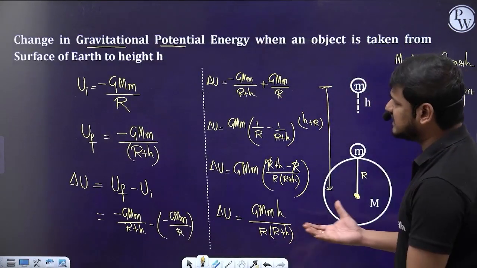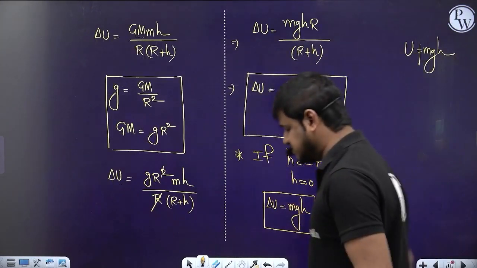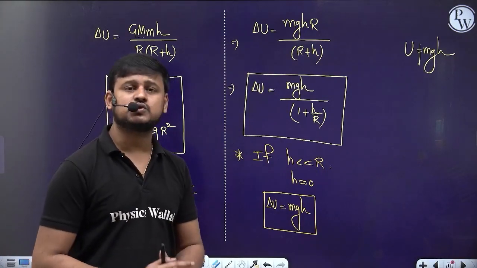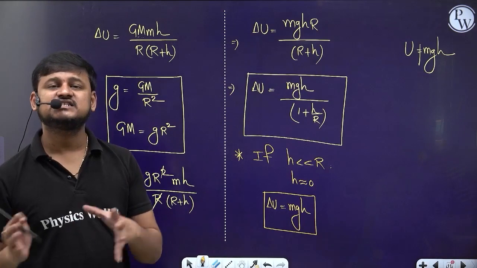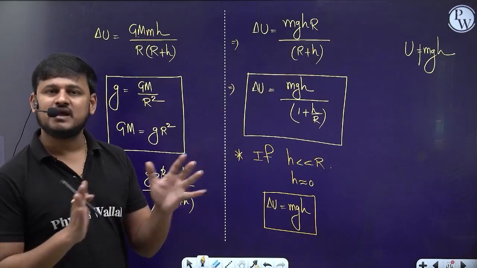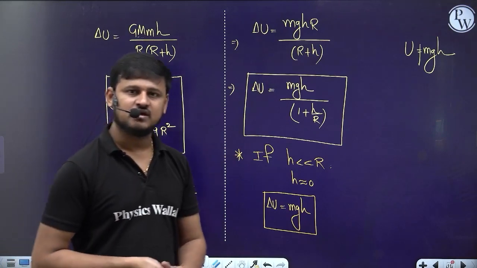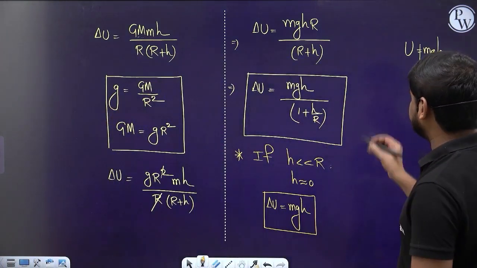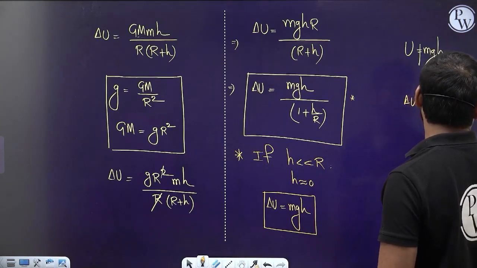This is a derivation part actually, so you can just remember this part. The change in potential energy when the object is taken from the surface of the earth to some height h, where that height h is comparably equal to or greater than the radius of the earth. Okay, chalo. Remember this formula again. I'm writing here, delta U is equal to mgh